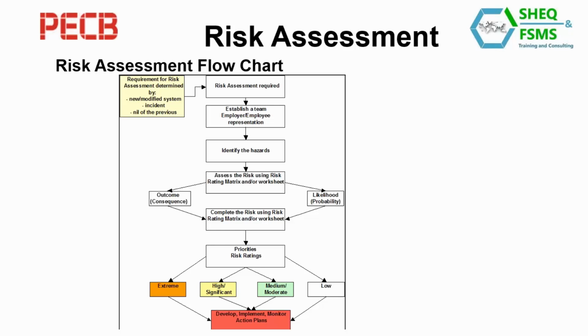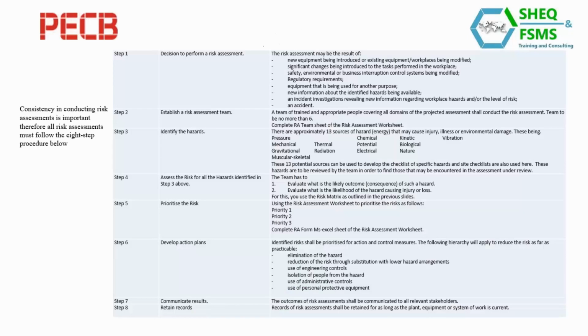And then from there you can prioritize your risk ratings: extreme, high or significant, medium, moderate, low. Then you can develop and implement monitor action plans. Right. That was the schematic presentation of what you do. But here are a little bit more detailed steps